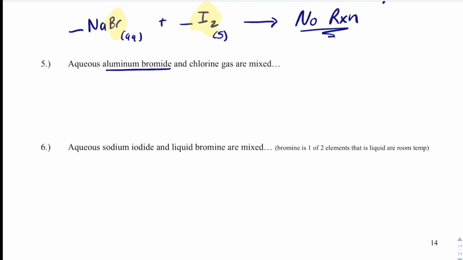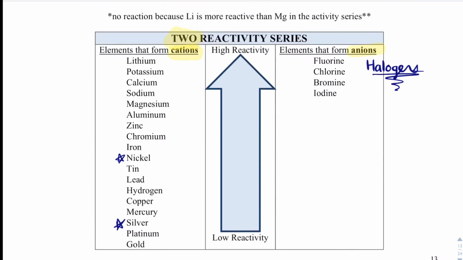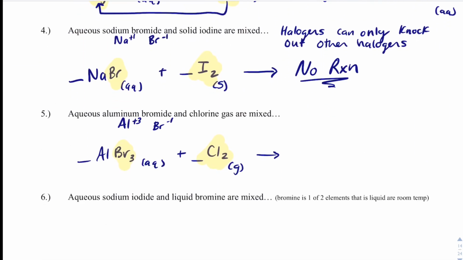We've got aluminum bromide. Aluminum is Al plus 3. Bromide is Br minus 1. So I'll get AlBr3, and that will be aqueous. And then chlorine is also a diatomic element, so that will be Cl2. And what I have to do is I have to see, is chlorine going to be reactive enough to knock out bromine? So let's go to our activity series. And I've got chlorine and I've got bromine, and it turns out chlorine will be reactive enough so we can go through on this